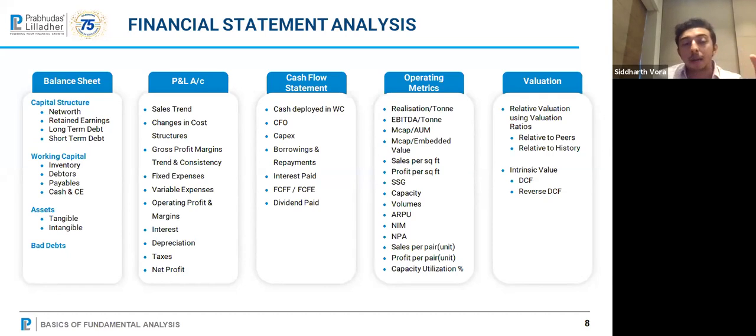So when you're looking at a balance sheet, have these perspectives in mind so that you're able to come up with a conclusion on that company. Just reading the numbers and saying, "Acha, iska itna inventory hai, itna," so what? What do I get out of it? Focus has to be on analysis.